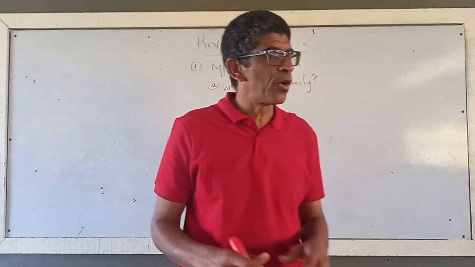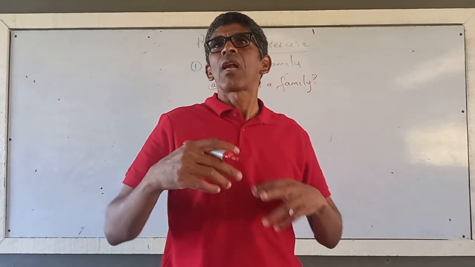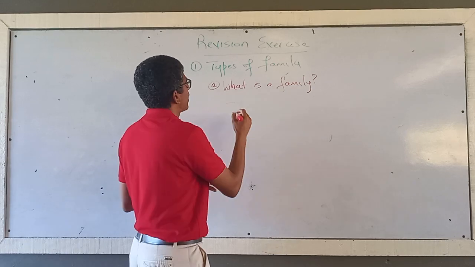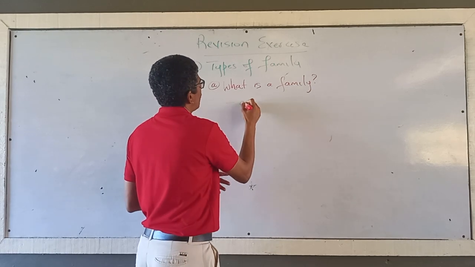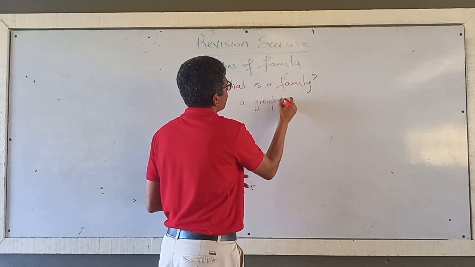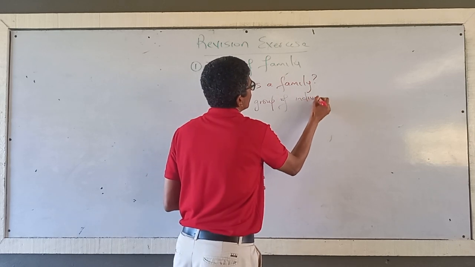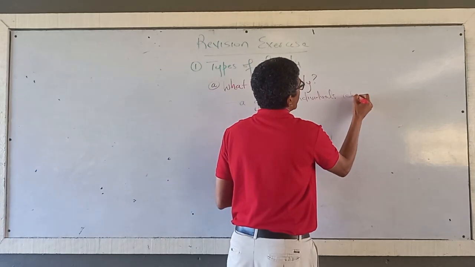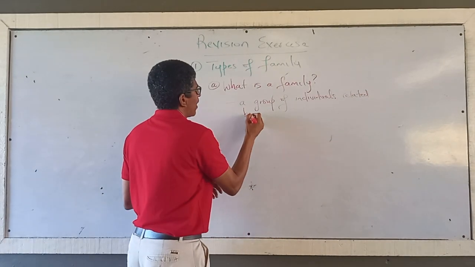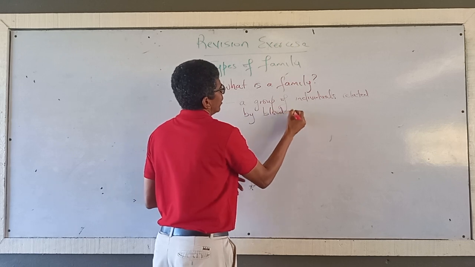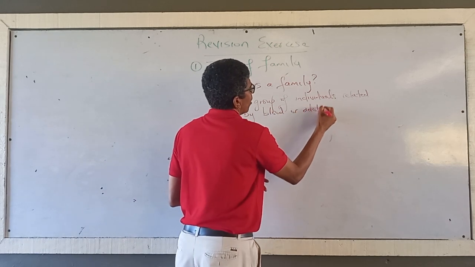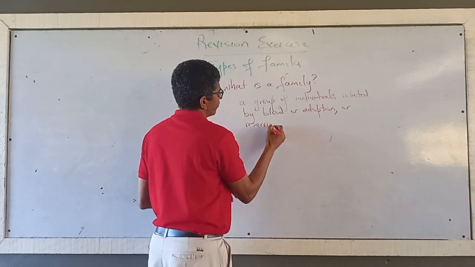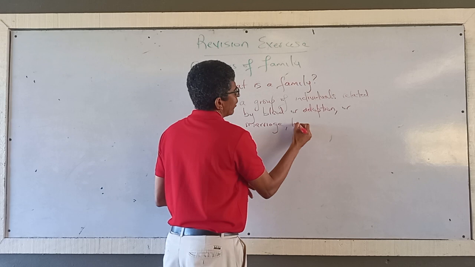Well, you would have remembered in your classes that you were told that a family is a group of persons. So a family is a group of individuals related by blood or adoption or marriage, living together